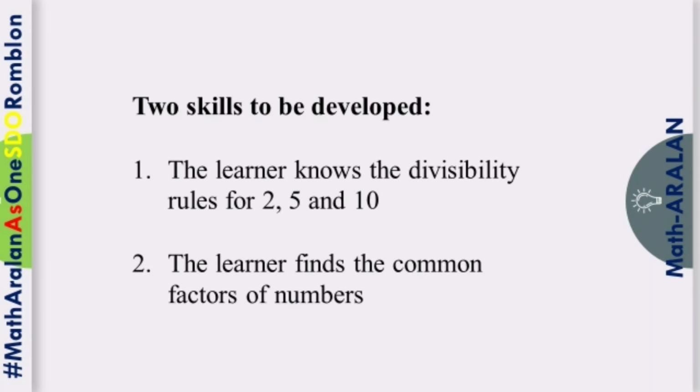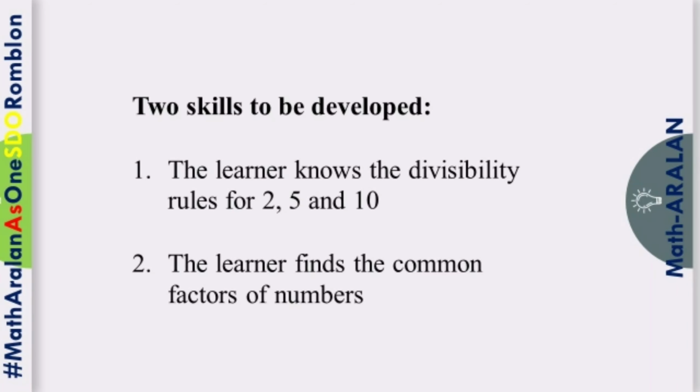Let us analyze the competency. The competency, the learner uses divisibility rules for 2, 5, and 10 to find the common factors of numbers, shows that there are 2 skills to be developed to the students. These are, number 1, know the divisibility rules for 2, 5, and 10, and number 2, find the common factors